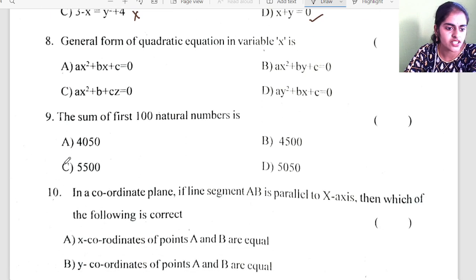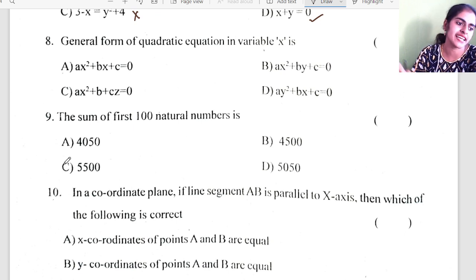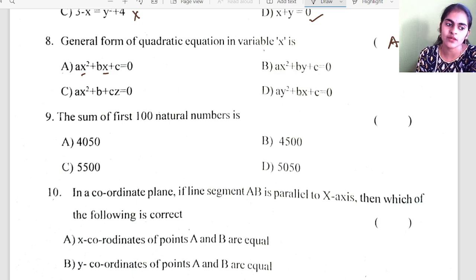Okay. What is the general form of quadratic equation in variable x? Again a very simple. In variable x you want. So you will take ax square plus bx plus c. So option A is correct. If they ask you what is the general form in variable y, that will be ay square plus by plus